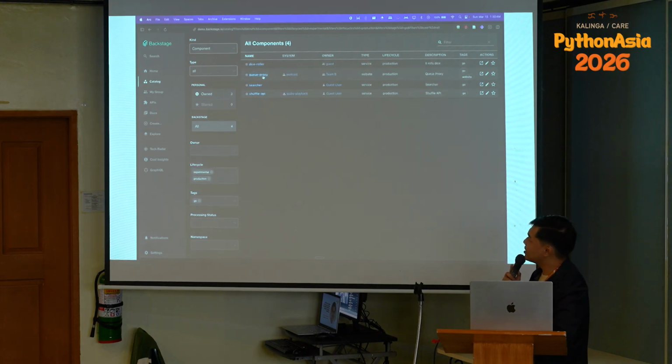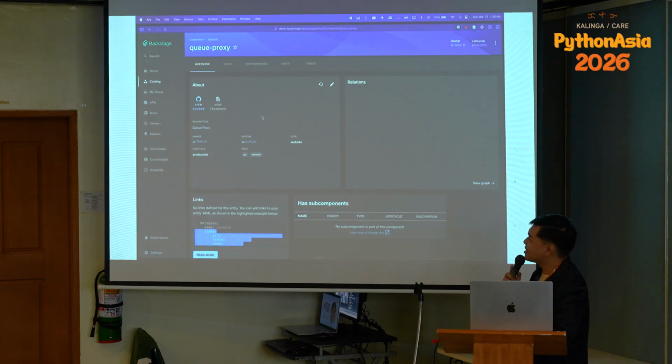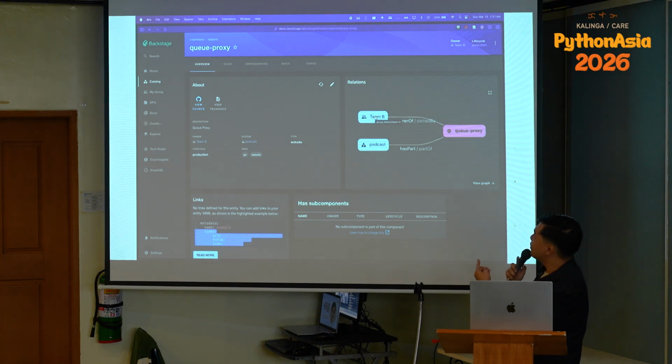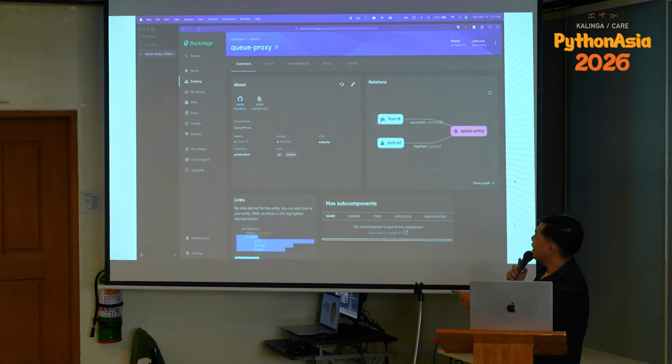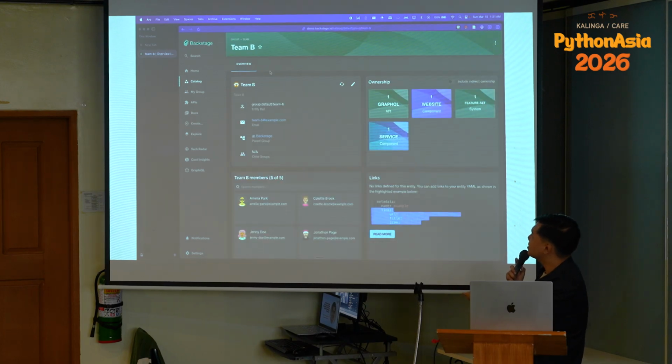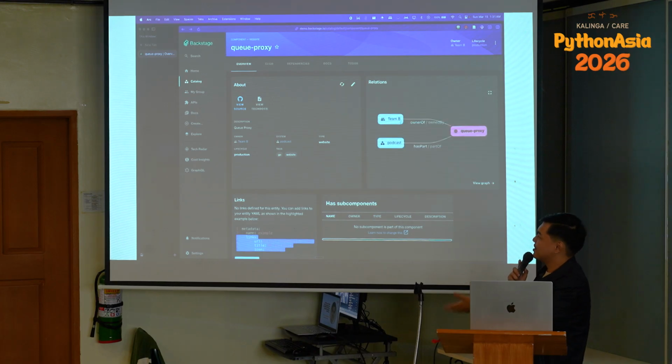And you can easily search through. For example here, if I click into this particular component, I can have a visual representation of which team owns this and what are the other dependencies or other parts of this service. If I click through Team B, I can look through who are the members of Team B, and I can go ahead and message them through Slack and ask them some questions, and see the other components that this team has.